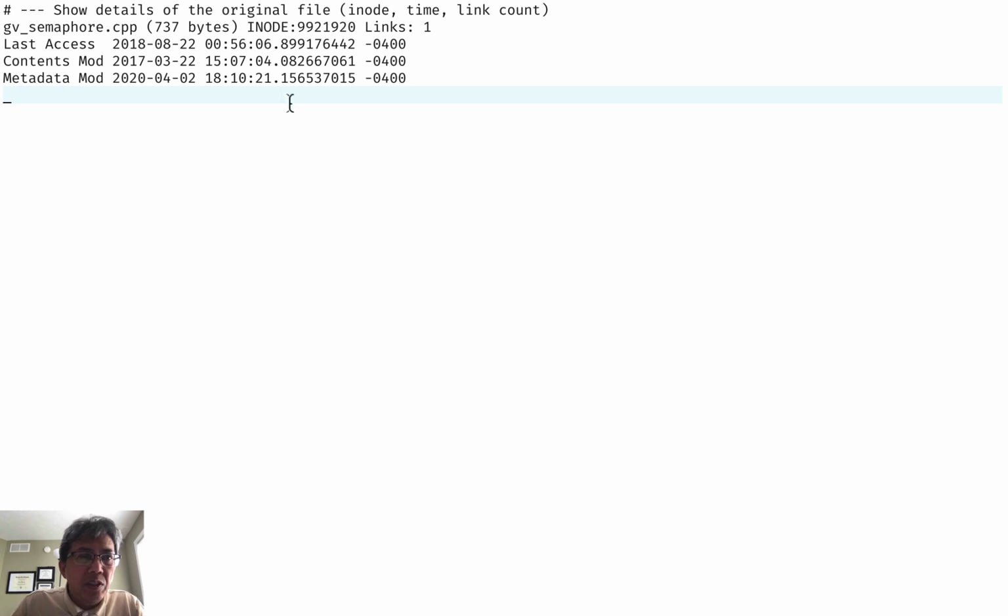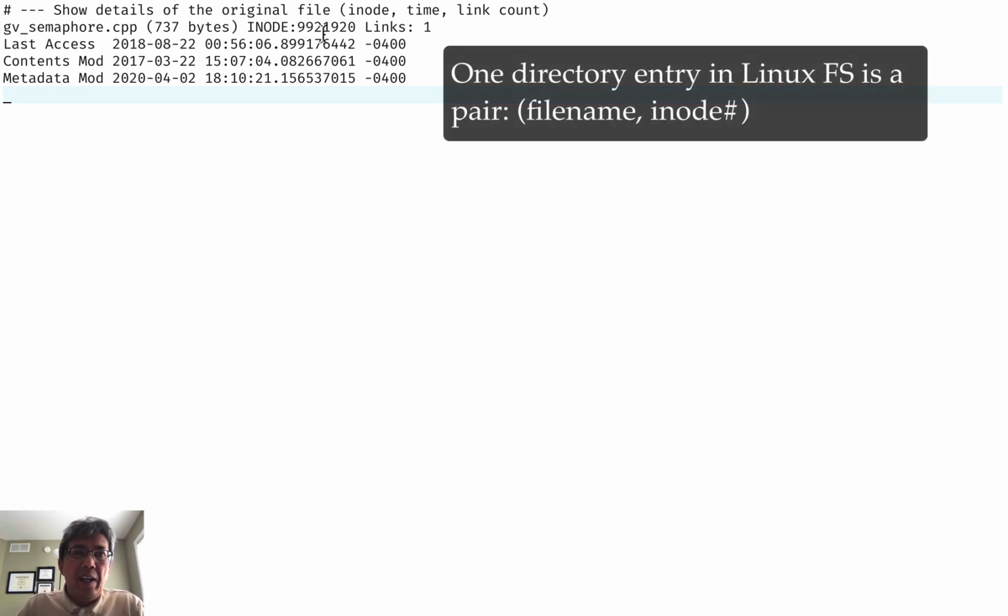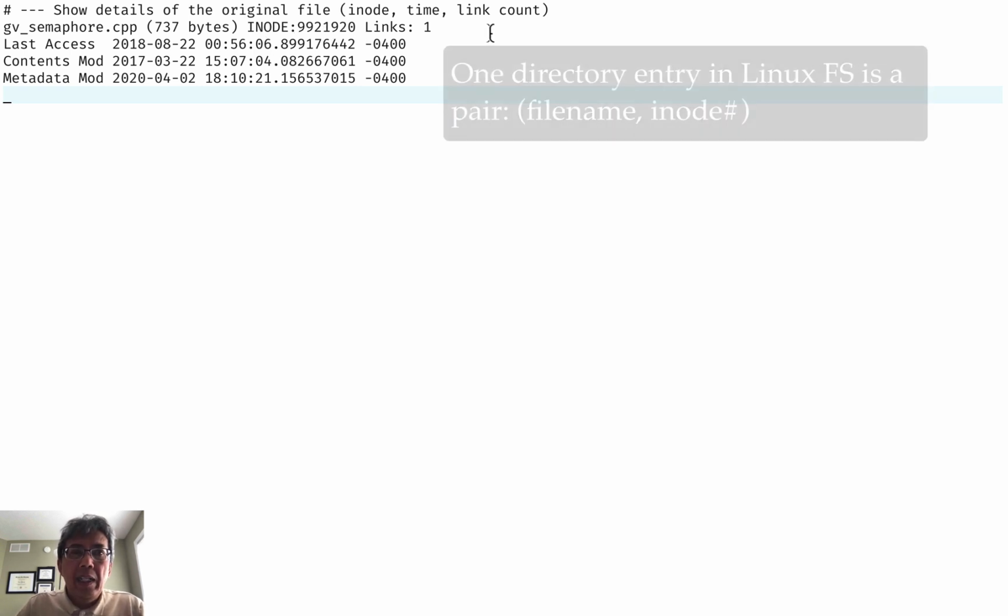First, it shows you the details of the current file, the file size, and the inode. So what is an inode? An inode in Linux is a data structure associated with each directory entry. For one directory entry in the file system, Linux will be using one inode block.